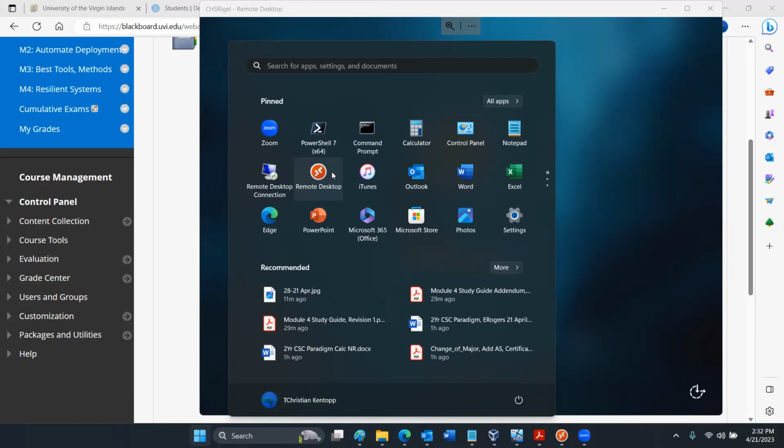Okay. And should we do this on the VM or the host machine? That's a great question. You're going to do this on your host machine. If you have problems doing it on your host machine, you can do it on your virtual machine. But I want you to be able to use your host machine without worrying about loading your virtual machine, right?